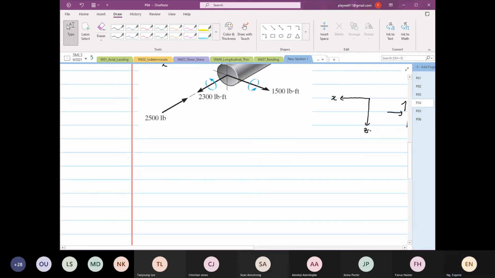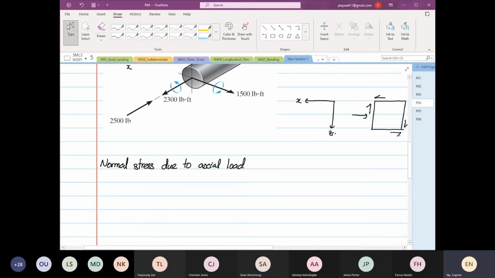Stress x due to axial load, right? So due to axial load, stress x is equal to minus 2,500